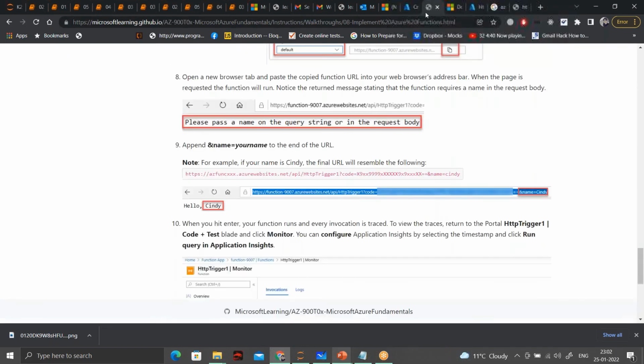Currently, if you see, I have not added any query, but it is asking me to pass a name in the query. So all we have to do is append your name at the end of this URL. You can append any name. I'll append my name as